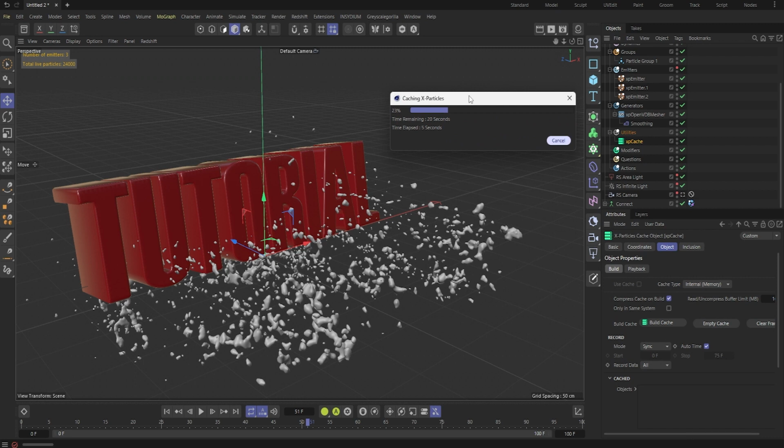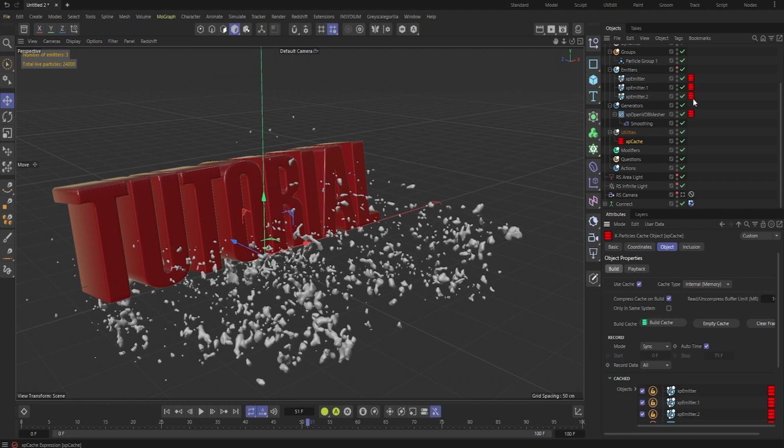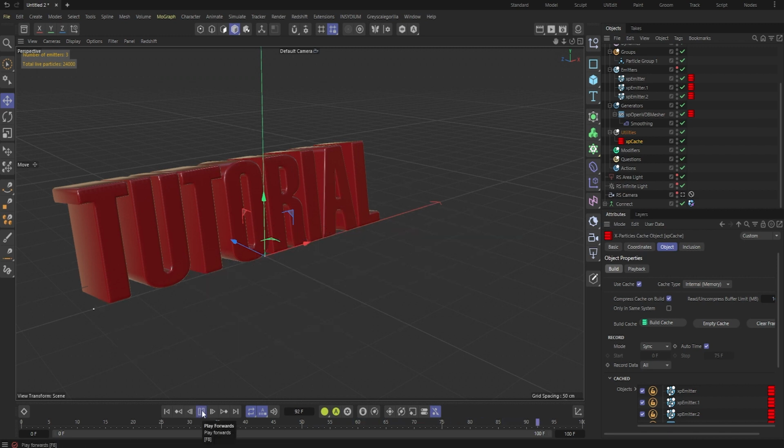Look at that, for 100 frames, for the 3 particle effects that we did, including our VDB mesher, it's taken less than a minute to cache those particles. So we'll come back when it's done. So now we're back, you can see everything's cached with this red box here. They look like little server points. And if we play it through,